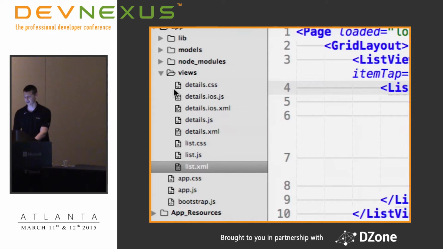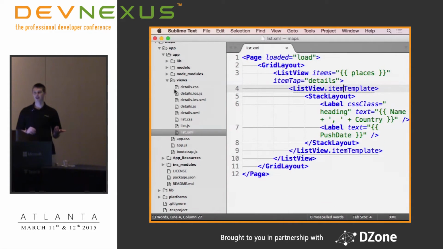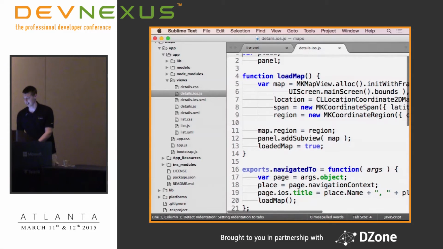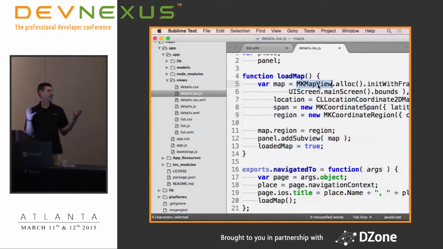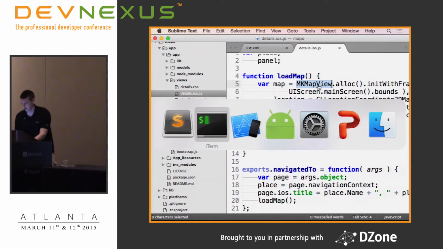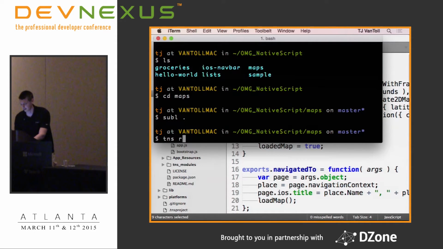Now in this case, I wanted to show maps as part of this app, just because I thought it was a cool thing to do. And so for the details view, what I actually did is I tied into the MKMapView APIs, which are basically the same APIs that Apple provides for Apple Maps, part of the iOS native Maps API. And let me get this thing started